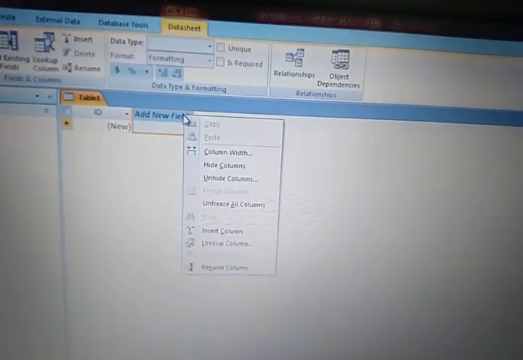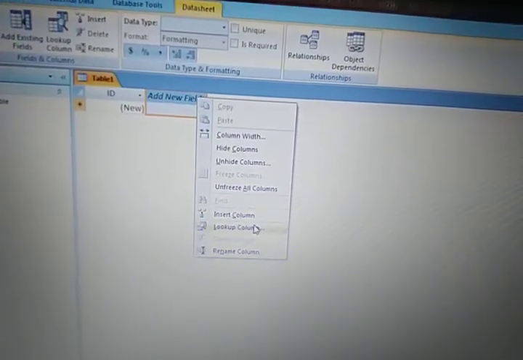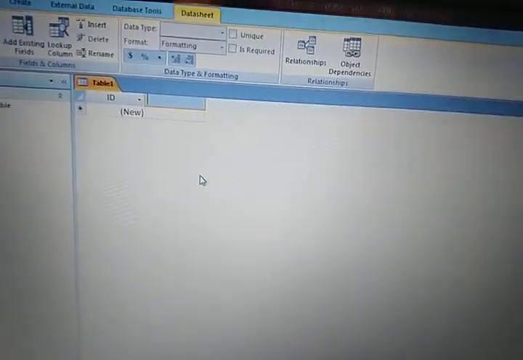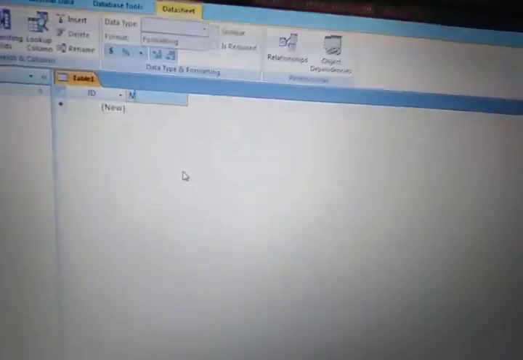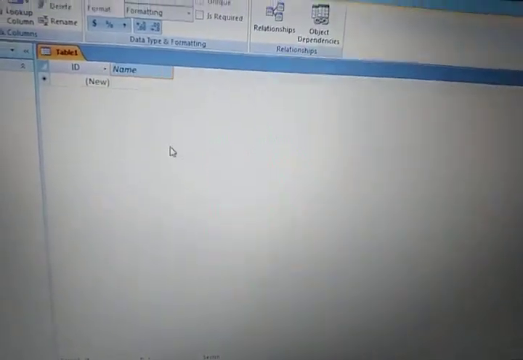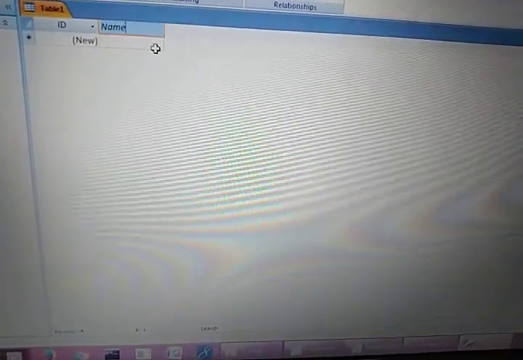For that, first you can rename your column. I am just renaming this column. I am basically creating a student table in which student ID, name and address will be there. So the name column I have created.